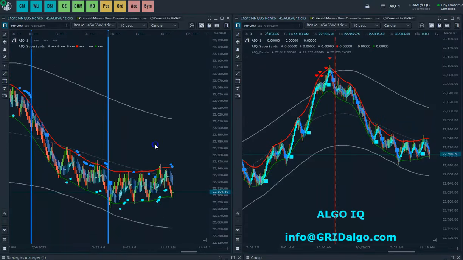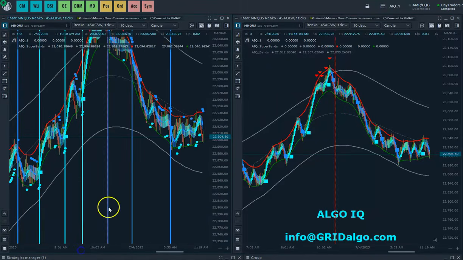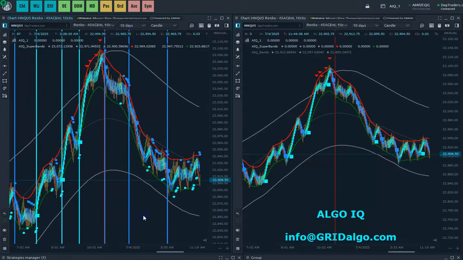So there you have it, the AIQ1 indicator in several different modes. I'll do more videos on it in the future, but having the best version of the dual bands that I've ever built helps me frame up where is price. Is it in running up trends? Is it in running down trends? Where are the edges of the current market? And where are smart areas to take shots at reversal trades, or look for momentum out of the price reaction